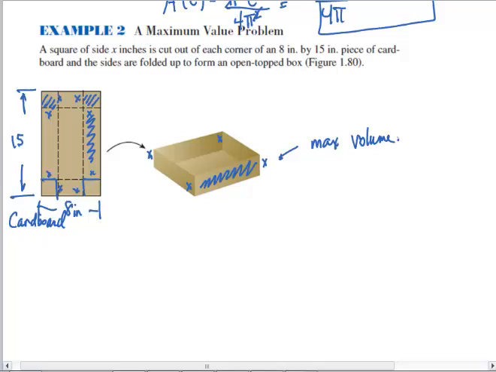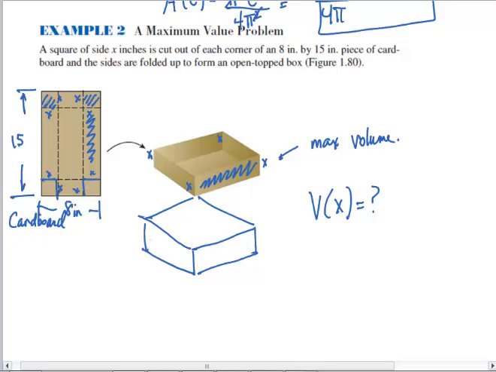All we really want to do right now is, can we come up with a function that will give us volume as a function of x? So hopefully you remember a formula that you were given a long time ago for the volume of any box: length times width times height. If I write volume as a function of 3 variables,